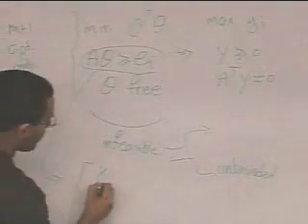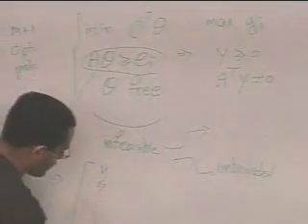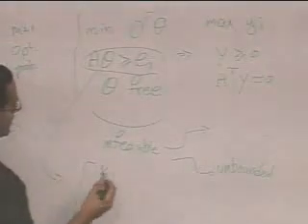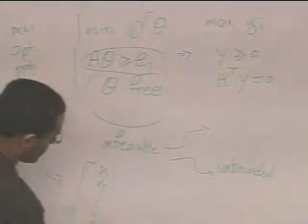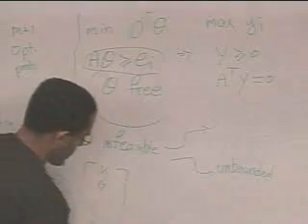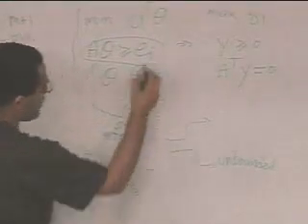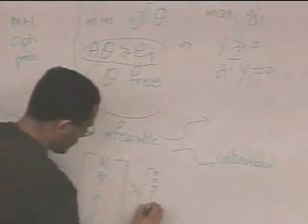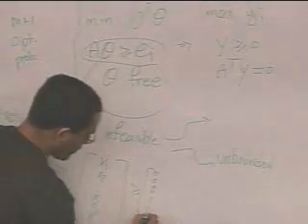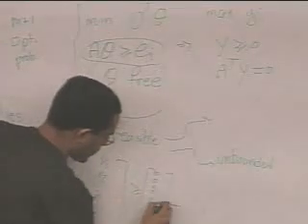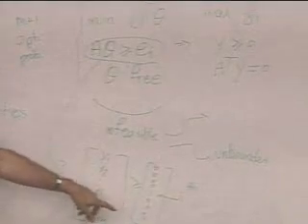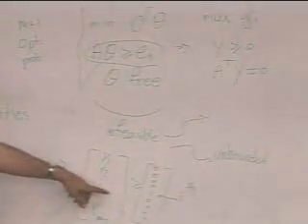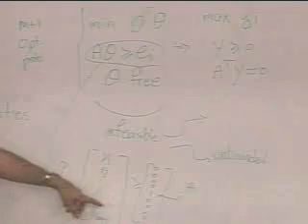So it would be x1, x2, till x m plus 1, greater than or equal to ei, which is only the ith element: 0, 0, 0, 0, 1, 0, 0, 0, 0. This is the ith element. Nothing more than that. And so we have to solve this problem for every i? Yes. So these are m plus 1 optimization problems.